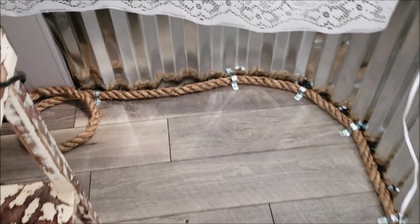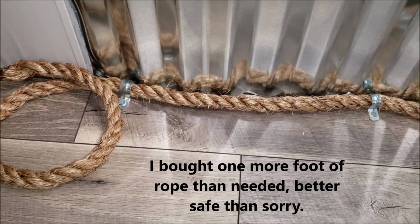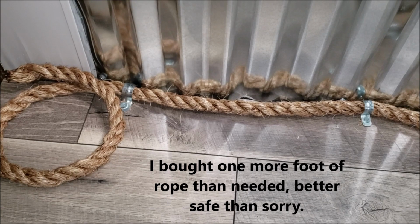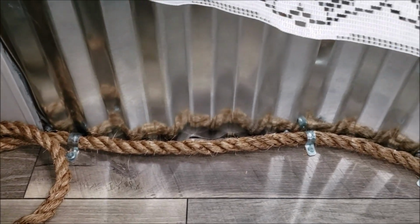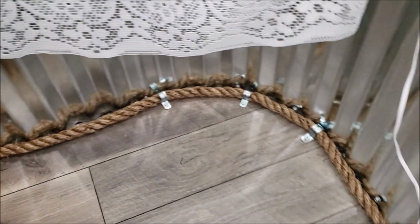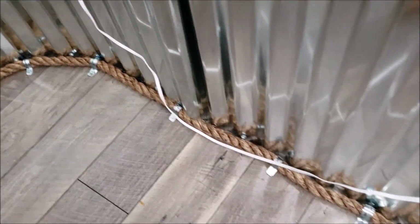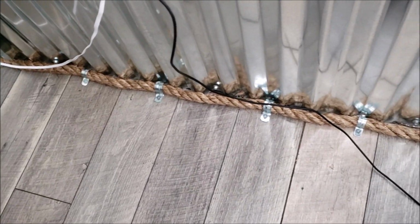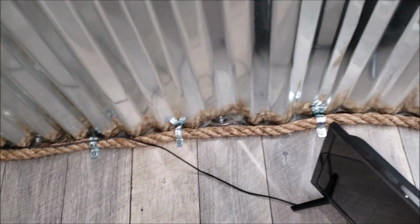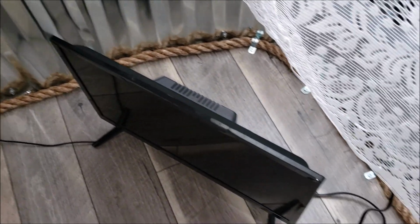Okay, I needed one more. Go figure, just one more. So I'll get another one next time I'm out. It's not imperative that it be done today. Yeah, it's a little rough looking, but then again, so is the Twinkie. She's got her character, right? So,